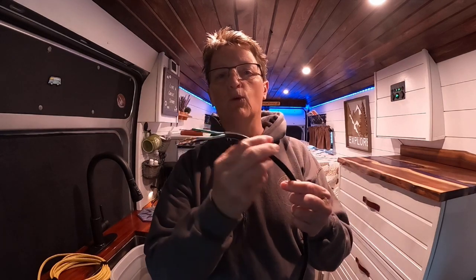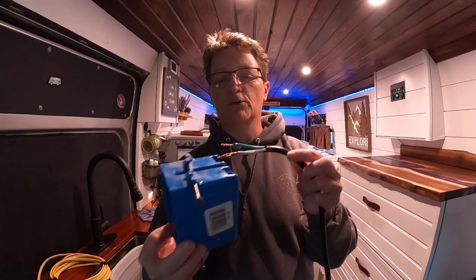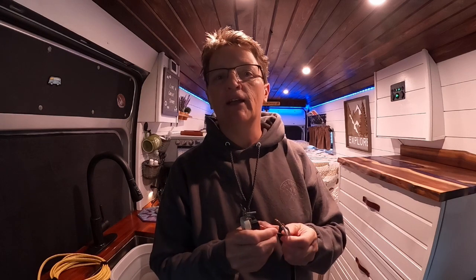You cut off your extra cord because you only need 6 to 8 inches. Cut off your extra cord and feed it through the box. Once you've got it fed through the box, now it's time to hook up your outlet, okay? You've got one cord. I ran one cord per outlet. You can run one after the other if you just want to run one cord, but you really have to be careful on how many watts that you're sending through that system, because you're going to constantly trip your system. If you've got one cord per outlet, you know exactly what's going into that outlet and how much it's pulling,